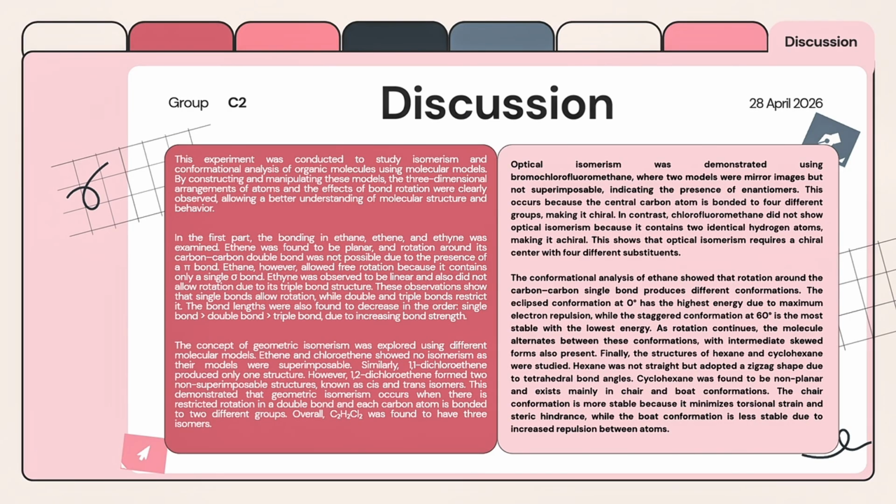Optical isomerism was demonstrated using bromochlorofluoromethane, where two models were mirror images but not superimposable, indicating the presence of enantiomers. This occurs because the central carbon atom is bonded to four different groups, making it chiral. In contrast, chlorofluoromethane did not show optical isomerism because it contains two identical hydrogen atoms, making it achiral. This shows that